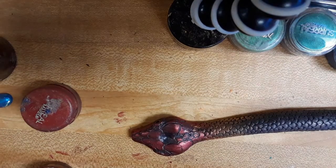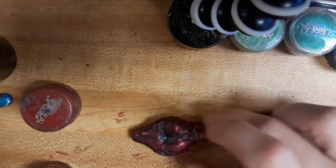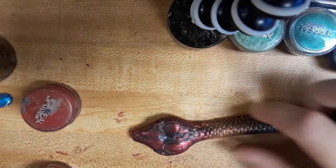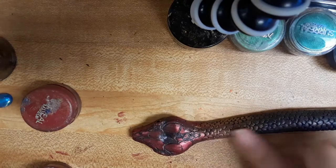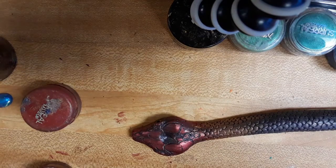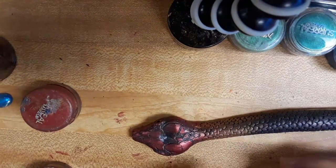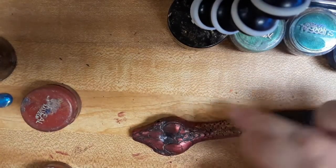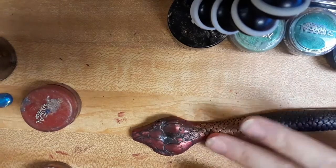Different colors have different working capabilities and opacities and all that stuff, so you don't always get the exact same results, especially since I'm using eyeshadow and each one's a little bit different for the intended goal. I mean, there's some orange, but it's not super orange. It's not as strong as that red. It's okay. Not crazy bad, but